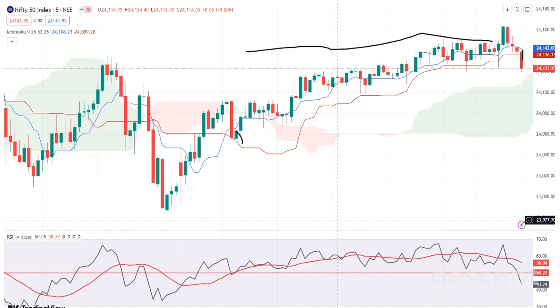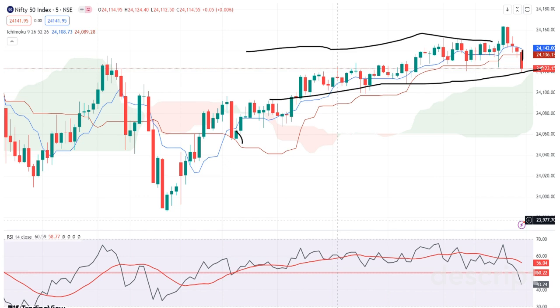If you see the entire day, the market was range bound. If you look at a year, maximum. So scalping would have worked and made more money in a smaller time frame. If you make this chart in 1 minute time frame, there would have been many more signals. But if you're taking this in a longer time frame, you work with RSI, with Ichimoku cloud, plus you use the benefit of the Tenkan-sen line and Kijun-sen line, you can do wonders.